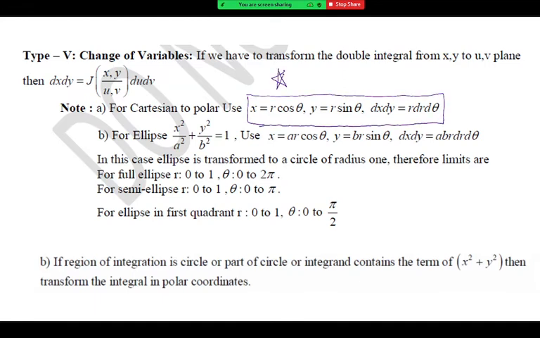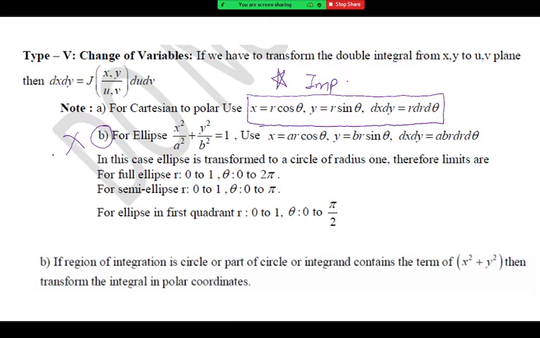These three equations are important for you to solve the problem. And ellipse questions, I will tell you, will not come in the exam. Even though that will not come in the exam, I am going to teach you, and I already gave 1 or 2 questions on ellipse in the tutorial also. But if you do the example on ellipse, you will easily solve the example of circle. Because of that I kept it. But ellipse questions will not come in the final exam. That is not part of our syllabus. It is just for understanding that I am giving it.